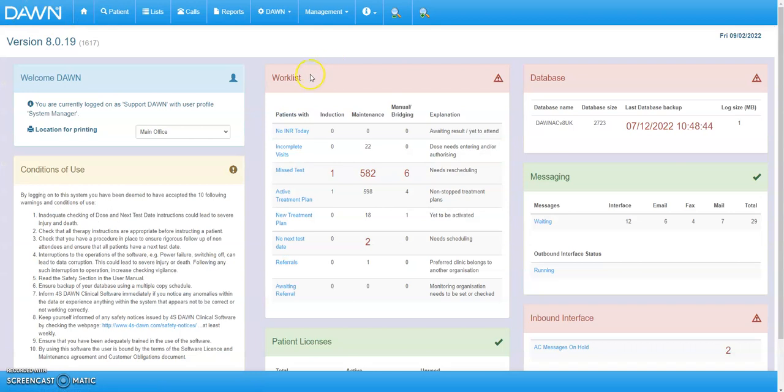Your work list might look slightly different from mine depending on what you want defining in these lists. We can look at things like patients who've missed the test, patients with a new treatment plan who need to be activated, patients with no next test date. But what you can see is that this panel is showing in red, which means there's something I need to deal with. I can look at another panel, which is the database panel, and it's alerting me because